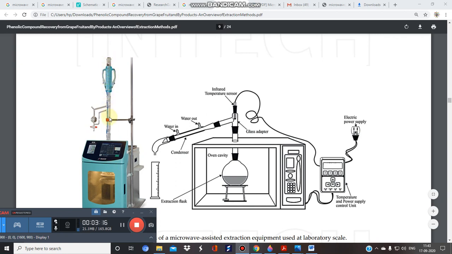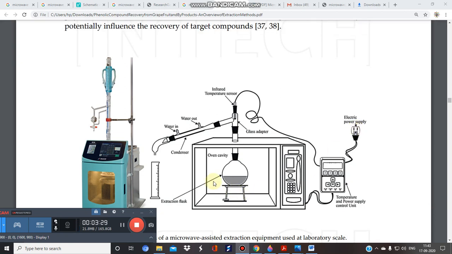And here, I know you are familiar with this, these are the various distillation assemblies. So this is what your apparatus looks like. Yes, we have a temperature control, and of course an electric supply should be there so that microwaves are generated. This is the extraction flask in which we put your drug, and here is your condenser, with inlet and outlet, and there should be a temperature sensor, an infrared temperature sensor, used for the temperature control.